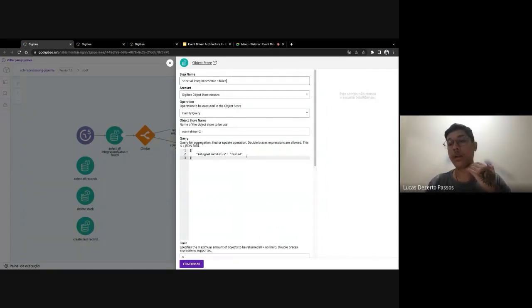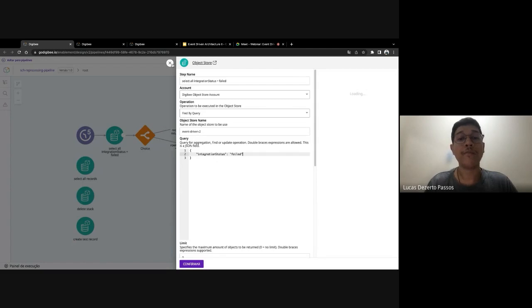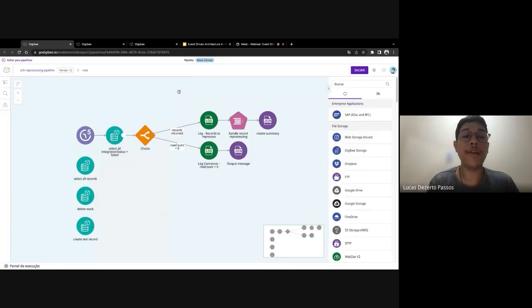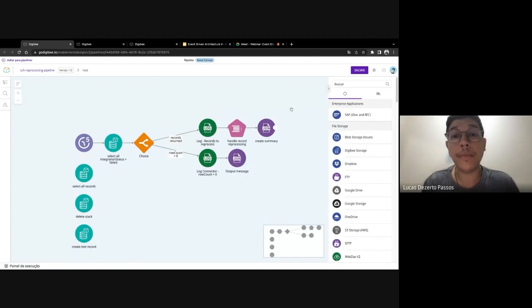So when we are trying to process a register on the previous pipeline that Danilo showed you guys, and it gets some error, it changes the integration status to failed and saves it in this separated stack here. So when we begin reprocessing, every 5 minutes, we take a look at this database, pick up those records, and send them to the processing pipeline again.